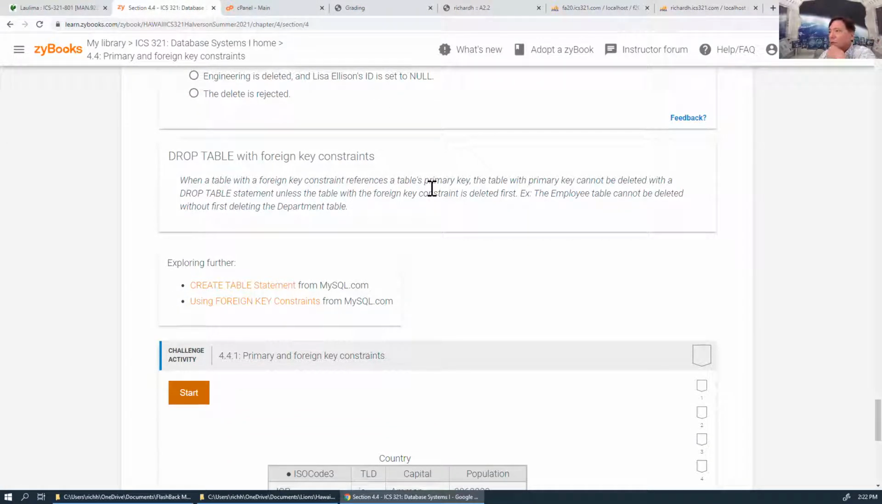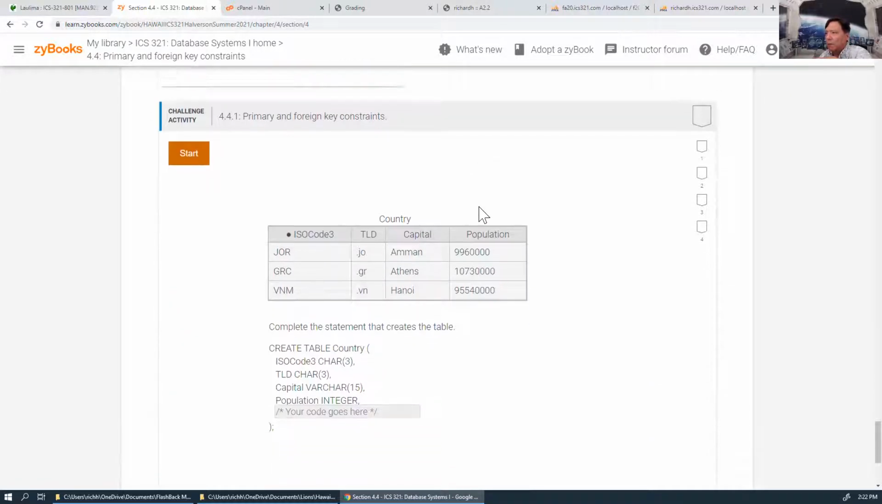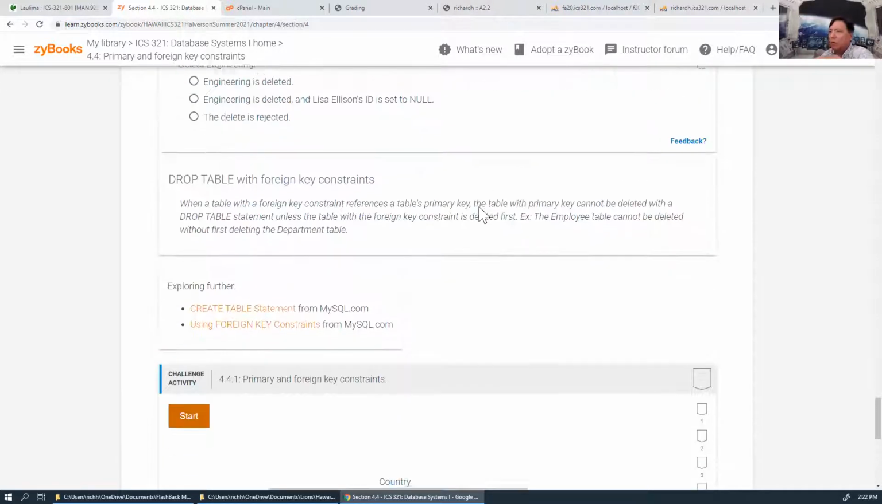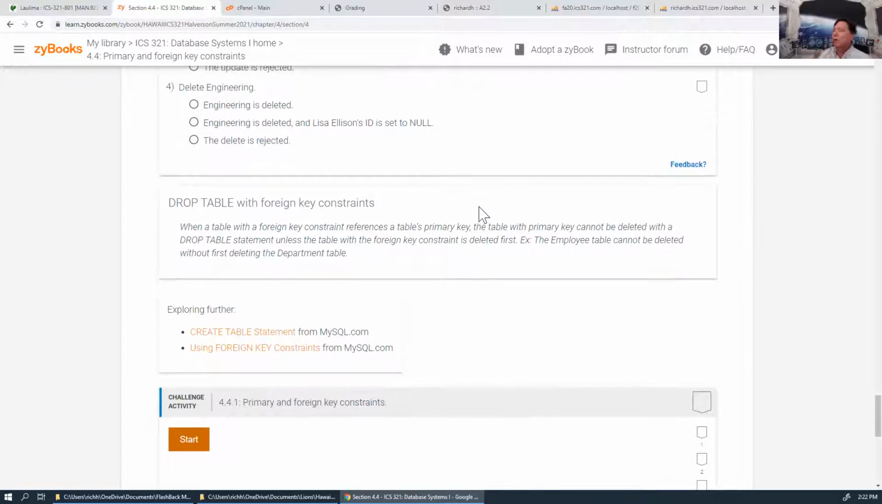Foreign key constraint references the table's primary key and cannot be deleted with the drop table. Okay, no, I was not going to drop the table. But I think maybe what I was going to talk about is there has to be an order in which you delete. What I was going to show you was